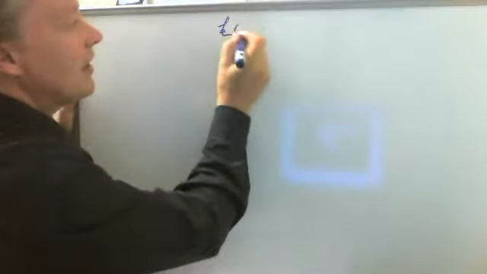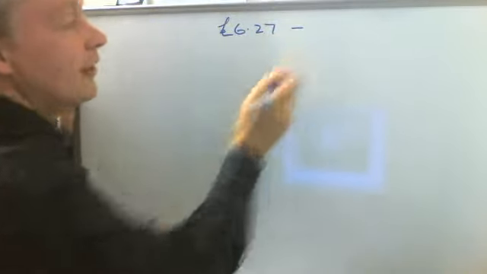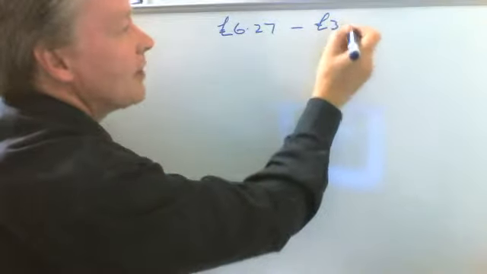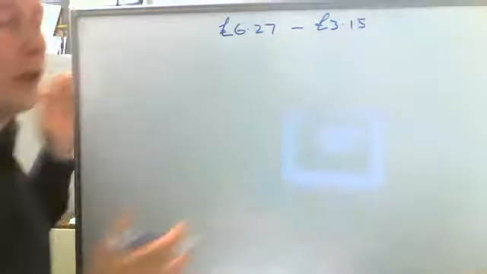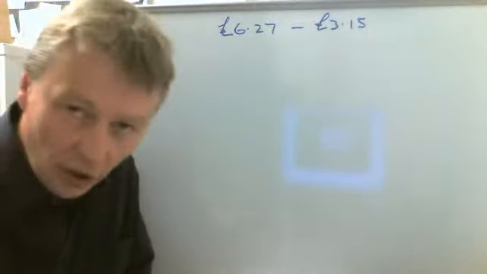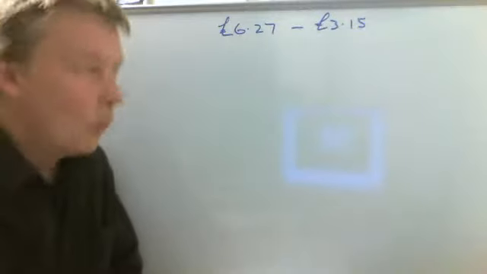Okay, so we're going to talk about subtracting decimals. Normally in an exam paper or a question paper, decimals will be presented to you either as money or as measurements. So let's say, for instance, I have something like £6.27 and I want to take away £3.15. Well, the way to do that is to present the information as a column arithmetic, where we make sure